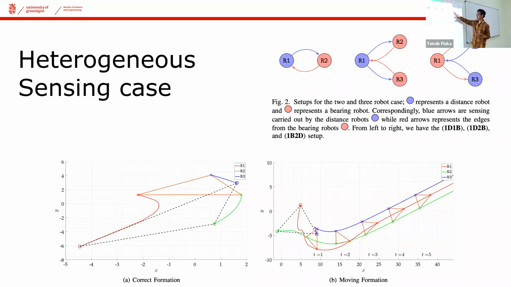What do I mean by the right one, or the setup? We take a look at the setup on the top right. The top right is indicating how every robot is being set up. We consider 3 agents, for instance, where 2 agents are using the same sensor. If it is the red one, it can only measure bearing, and the blue one means that it can only measure distance. So in this case, robot 1 can only measure distance, and robot 2 and robot 3 can only measure bearing, or vice versa. Robot 1 can only measure bearing, and robot 2 and robot 3 can measure distance.